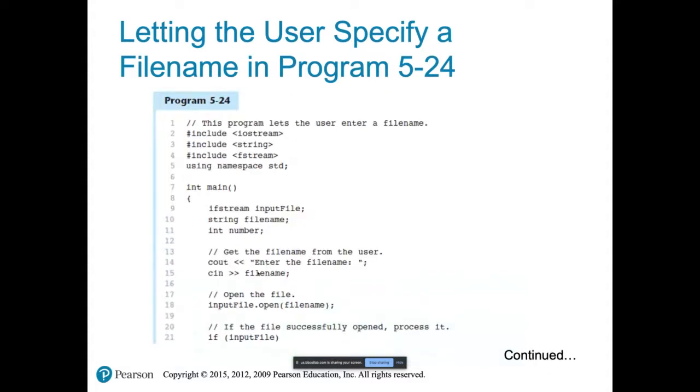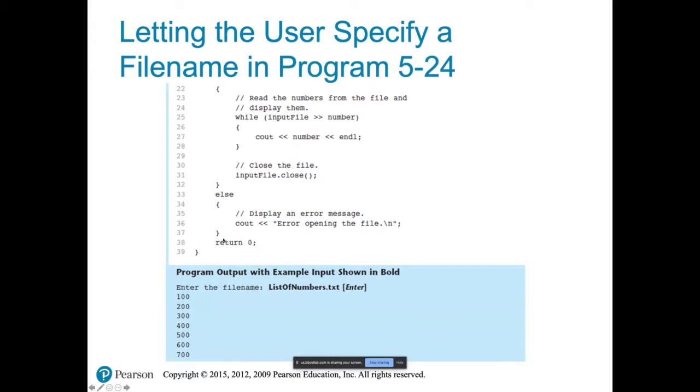Here's an example right here. They enter information into a file. They open it. You can see right here, when it's input file, it's reading input only. Notice they have the preprocessor directive fstream right here. When it opens in, if the file is opened successfully,